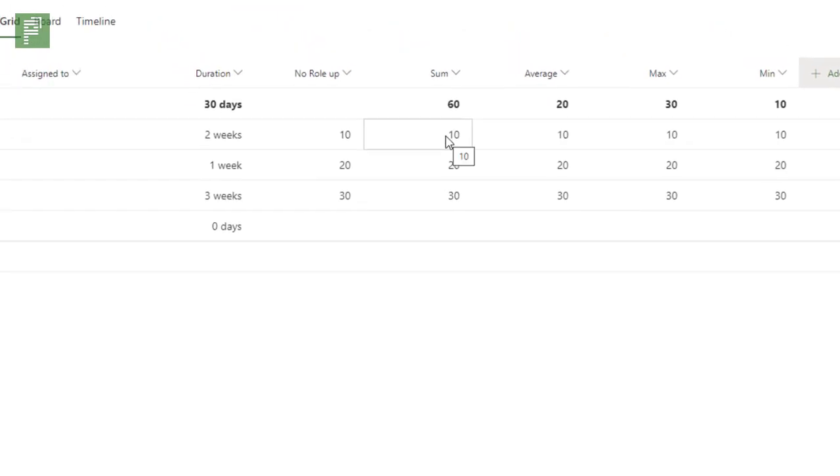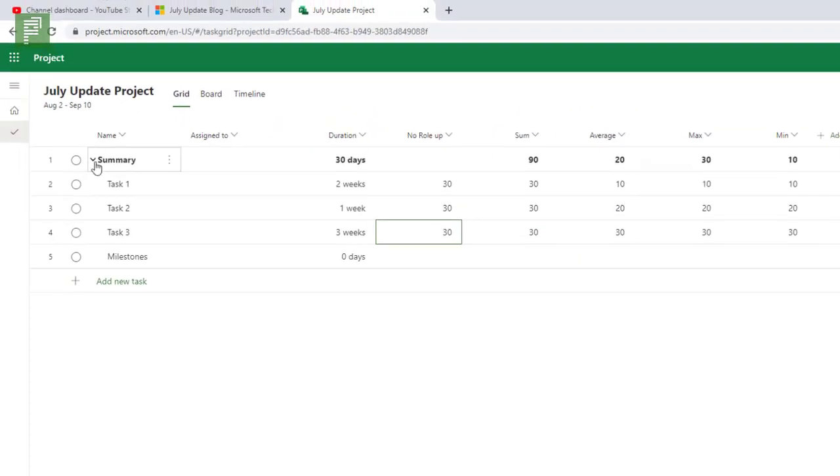So for one, I can summarize. I can say 30, 30, 30. It's going to be 90. If I do that in a no rollup, you would expect no rollup to show up. Rollups go into summary levels, right? So that means that if I create a new summary,